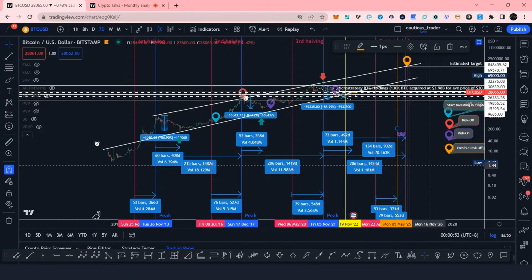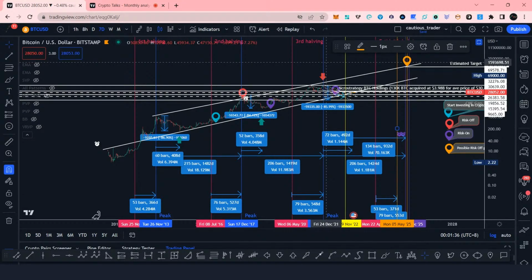Of course, we will not expect the same. This is just a possible estimate. For example, this one ends around 366 days, 527 or 548, so there's no exact. For me, my plan is to risk off around October to December. That's my plan because previously, I think I risked off around January. However, on this one, I failed to risk off.